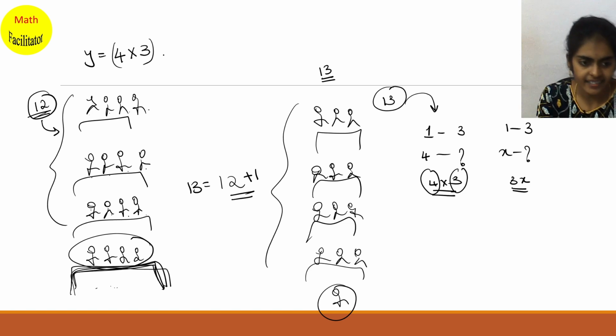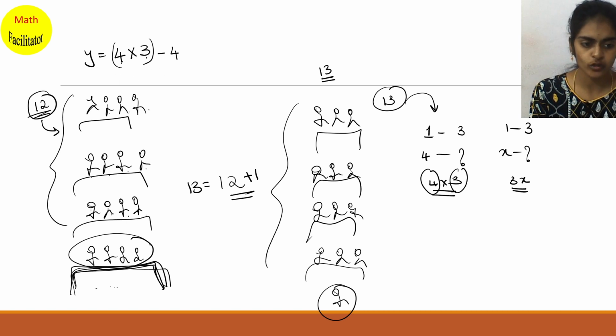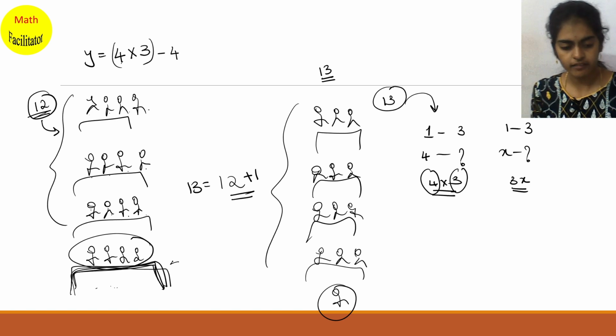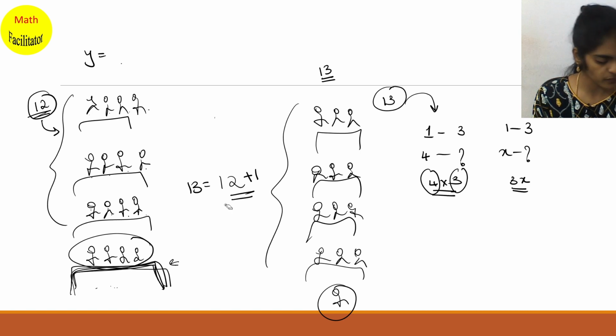So can I say that I have to subtract this by 4? Or we can write this in another way. I can write this as 4 3s are 12, and here four more students can actually sit, but we are not making them sit. So can I say this in this way? 4 3s are 12, and actually these students are missing. Or the same thing we can put it as, now I can write this as